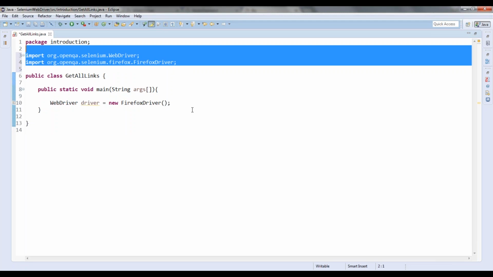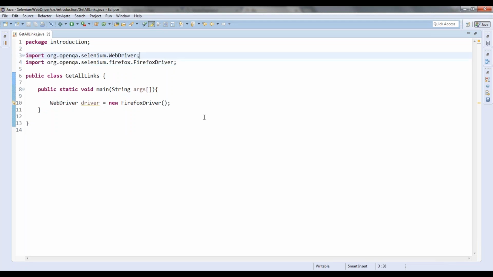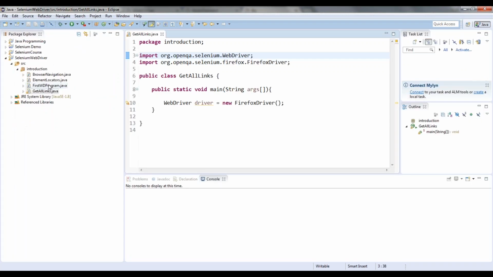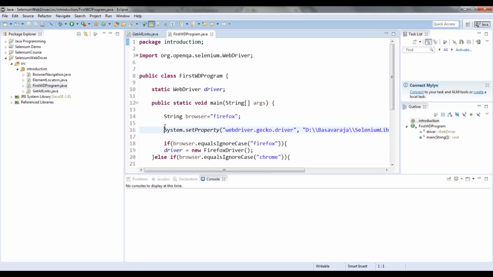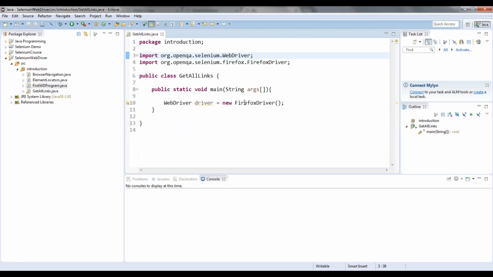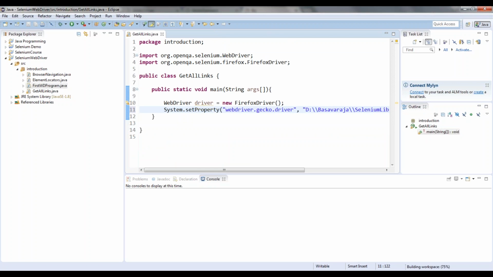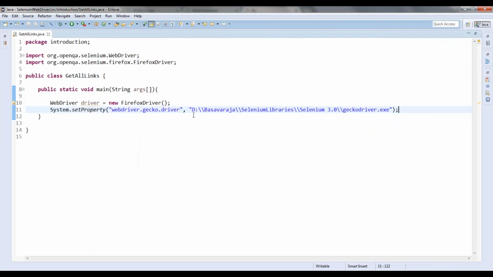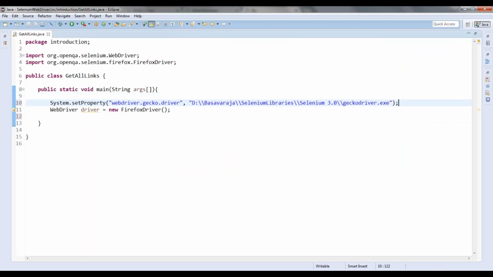You can observe here it is importing all the packages and all the classes. Okay, so I have to use my System.setProperty. So I will use that here. I'm sorry, let me put it here. It has to be there, right?